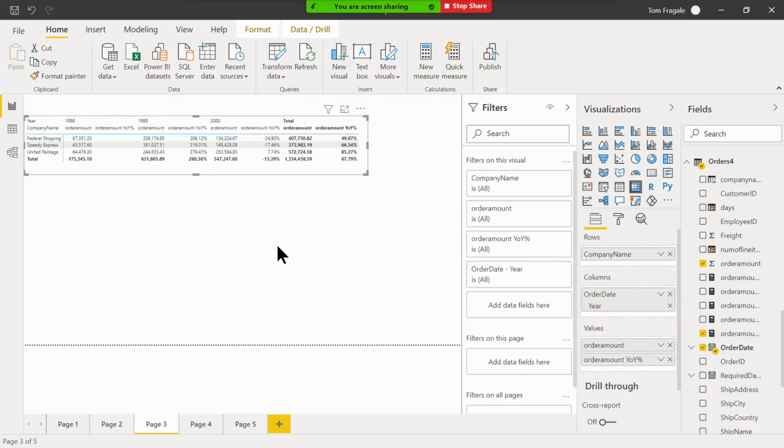Let's see what happened. Okay, 1998 was 67,000. 1999 was 206,000. That's a 206% increase. Okay, good. The year 2000 was 134,000, and that's a 34% decrease. So that was a pretty good quick visual. That was a year-over-year change. Okay,